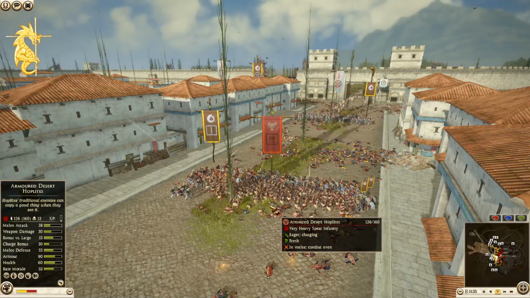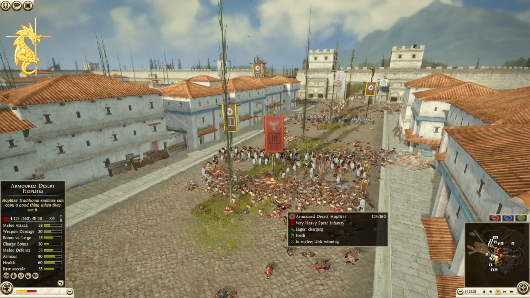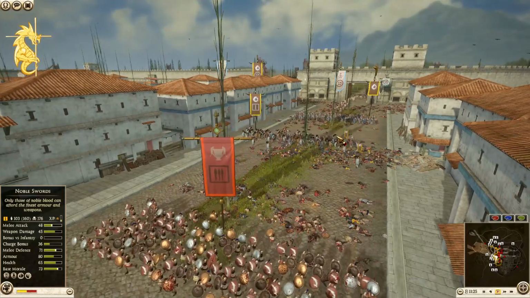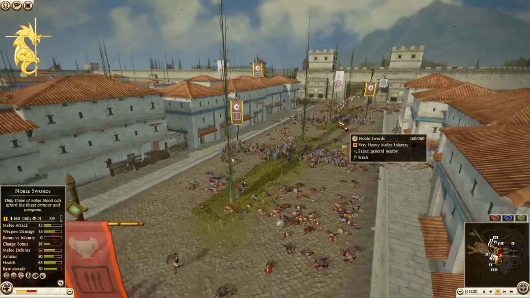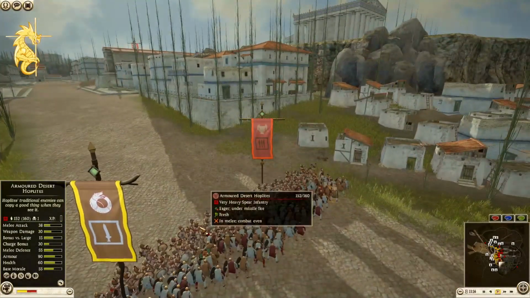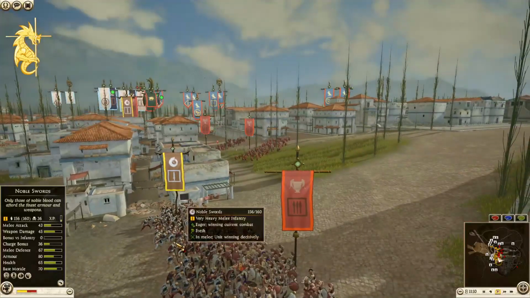This Armor Desert Hoplite is a bit tore up, but only 20 kills. And some of those were from that charge he just got. Kill! Got the Noble Sword General behind him. They are also pushing around the back here. Armor Desert Hoplites holding back a fresh...